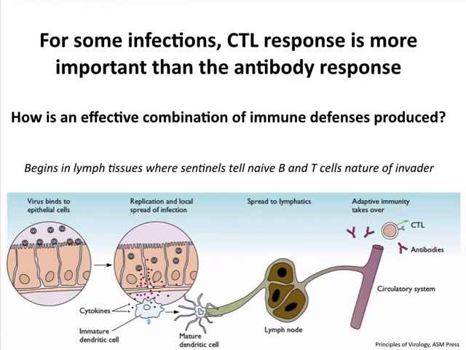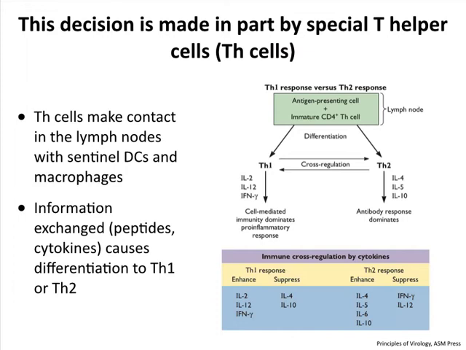So remember, they're picking up antigens from the infected cells. They're going in the lymph node. They're presenting the antigens. They're also making cytokines. And apparently the nature of the antigen, the virus that's there, can influence the cytokines that are produced. And this, in turn, can tip the balance between antibody production and CTL production. So that happens in the lymph node. So in the lymph node, remember, the dendritic cells contact the CD8 and the CD4 cells. And the information that they exchange there, particularly with the CD4 cells, determines whether they make one kind of cytokine